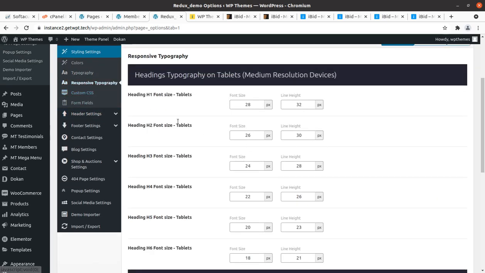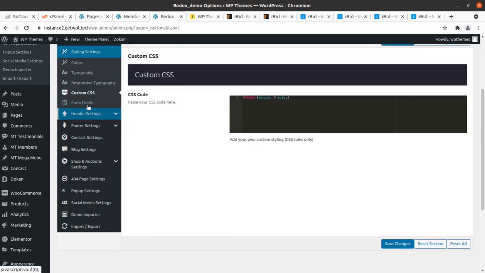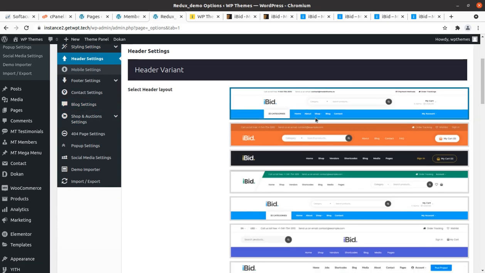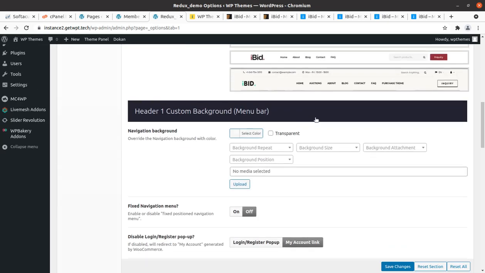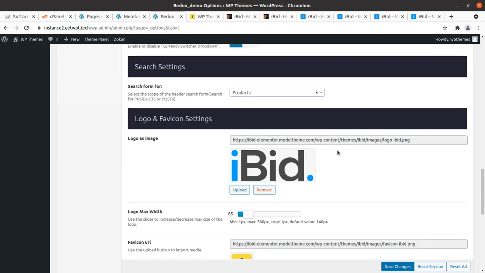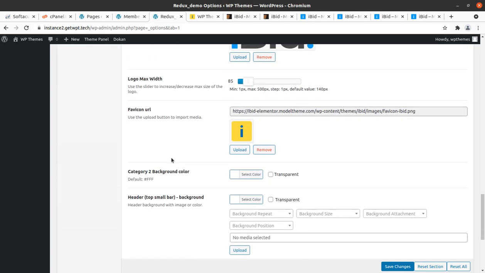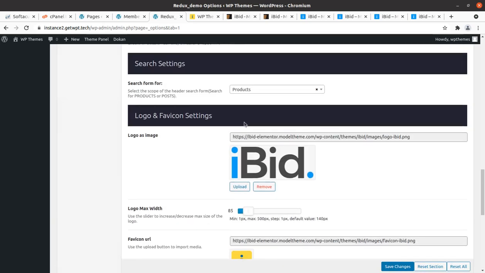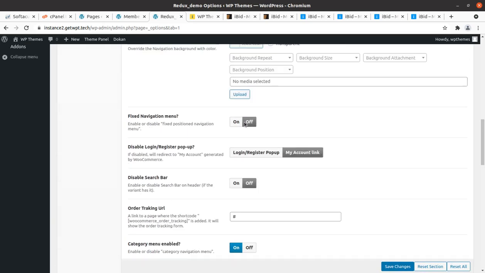Responsive typography, custom CSS, form fields, and header settings. So you have multiple headers to choose from, and you can set the rest of the things here. You can put the logo and the favicon here. This is an important setting that you need to do.